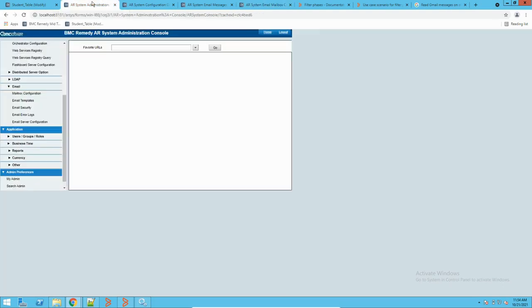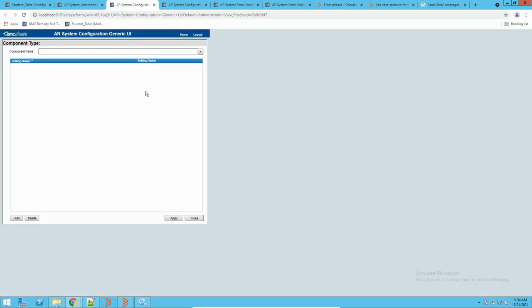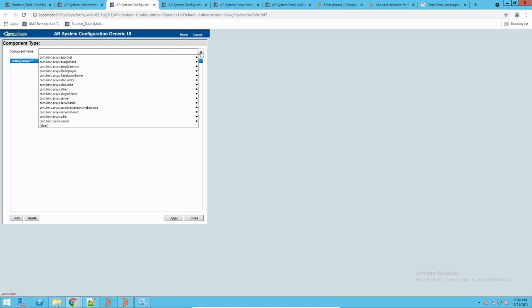So again we will go back here, administration, and there is a tab called central configuration. Just a minute. Yeah, this one. If I click on this central configuration, it will open up this tab. From here, you can click here. There are multiple